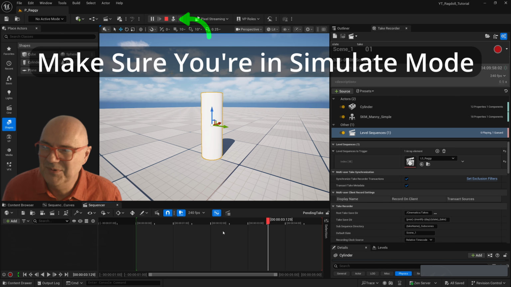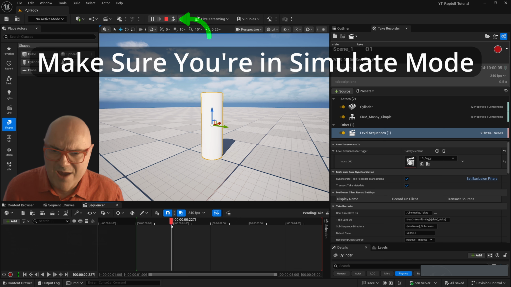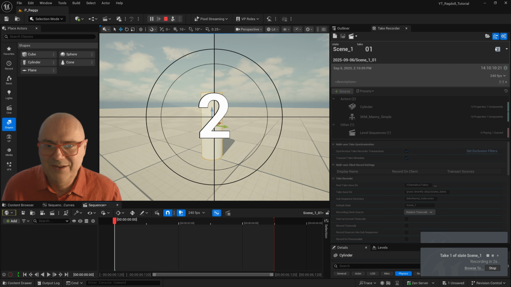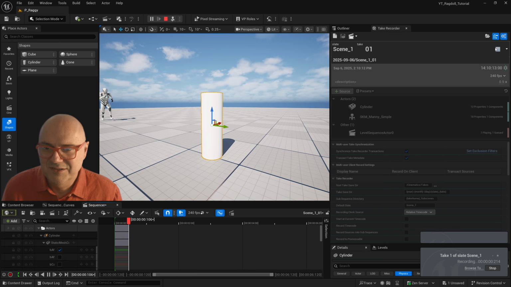It took me ages to work this out. The other day I was like, everything's right, why is it not working? And it's because I was trying to record it without simulation turned on. All right, so then you hit the big red button here, and now it's going to do a countdown, and it's going to play that animation. You see it's playing at half speed, and